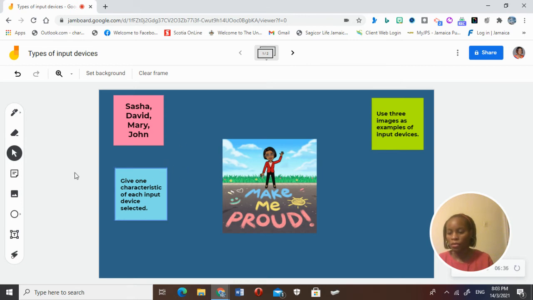Now the students would also need to know about the different options that are available to them on the left hand side of the screen. So instead of having to type all of their responses, they can also use images, because one of the requirements is to find 3 images of input devices. So beforehand, you would need to teach them how to go about selecting the image. And this would be the activity for group 1. They would place their responses on the particular frame that corresponds to their name,